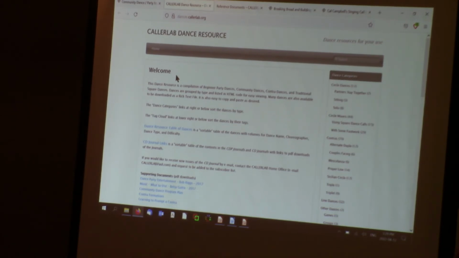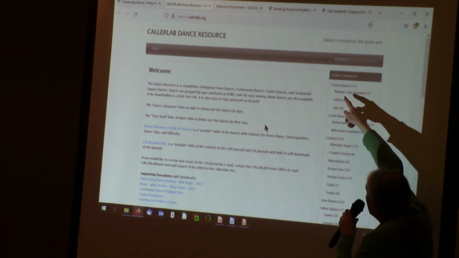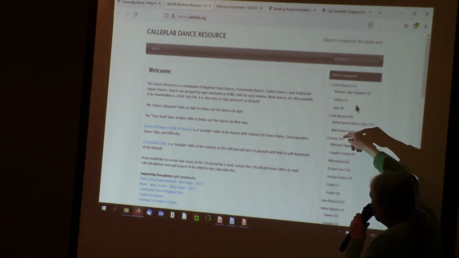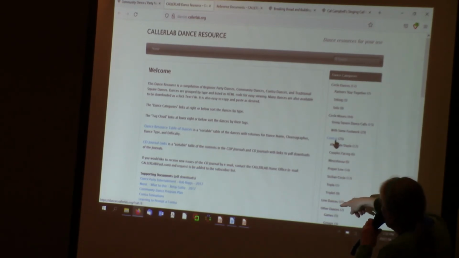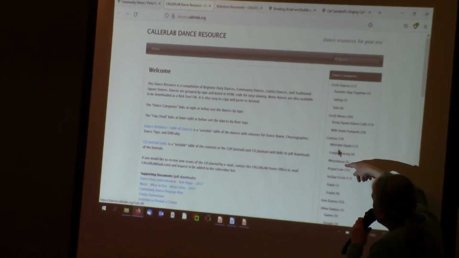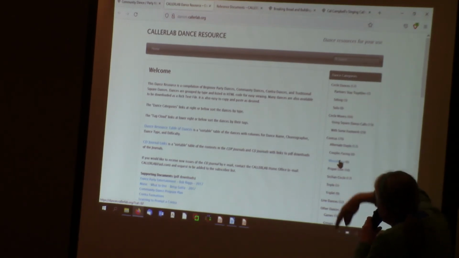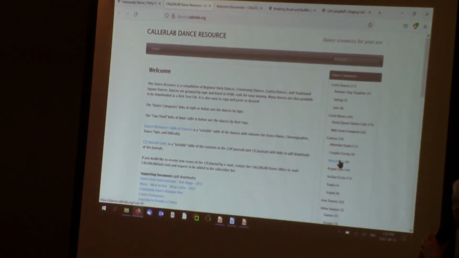So, as I said, the purpose of this one was to find a place that we could gather together all the different kinds of dances that we use in the community dance world. And this one is arranged a little bit more in the way the knowledge base is arranged, in that we have over here dance categories. So big categories: circle dances, circle mixers, contours, line dances and others. Well, okay, so under contours we have alternate duples and we have couples facing and mescalances and so forth. So these are all contours. These are different kinds of circle mixers. Those are different kinds of circle dances that are not mixers and so forth.